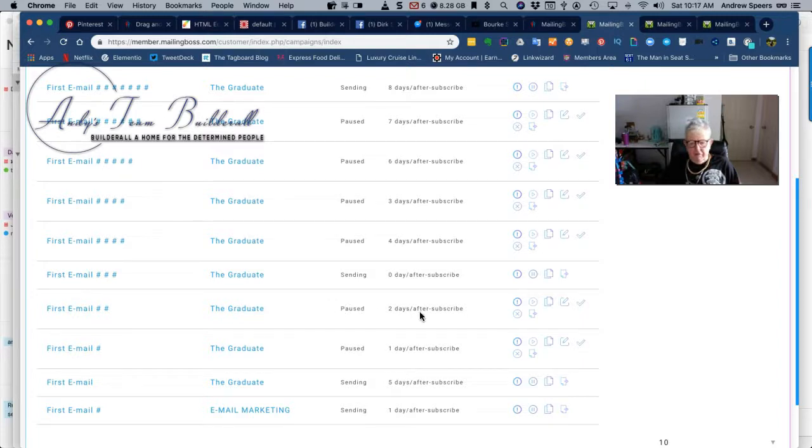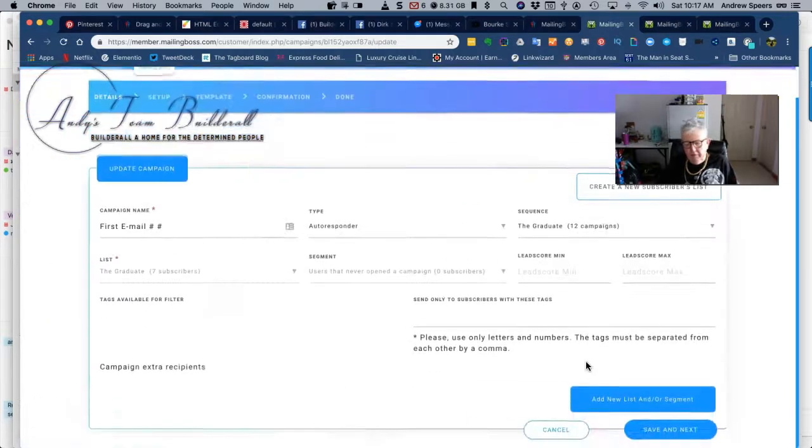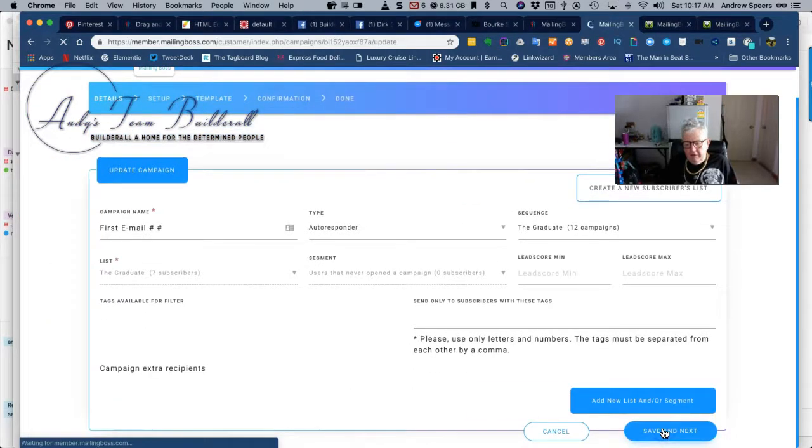Now, day 2 is paused too, so let's have a look at that. To look at that, it has to be paused because you can't do anything to it when it's in the sending mode like that. So day 2 is paused. Now we go here, update, scroll down a bit, save and next,